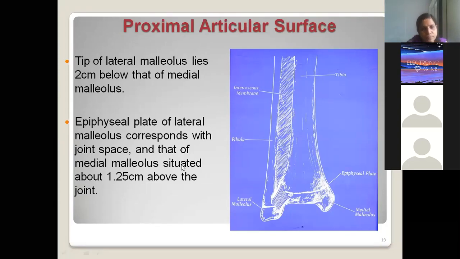Okay. So just remember, there is so much confusion, you need not go through each and every point, but what I told you, three structures you should remember. One is the medial malleolus, the other is the inferior aspect of the tibia, lower end, and the lateral malleolus. We know the tip of the lateral malleolus lies 2 centimeters below that of the medial malleolus. This point we have discussed when we were doing osteology also. Are they in the same plane, or is the lateral malleolus 2 centimeters below, right? Isn't it?